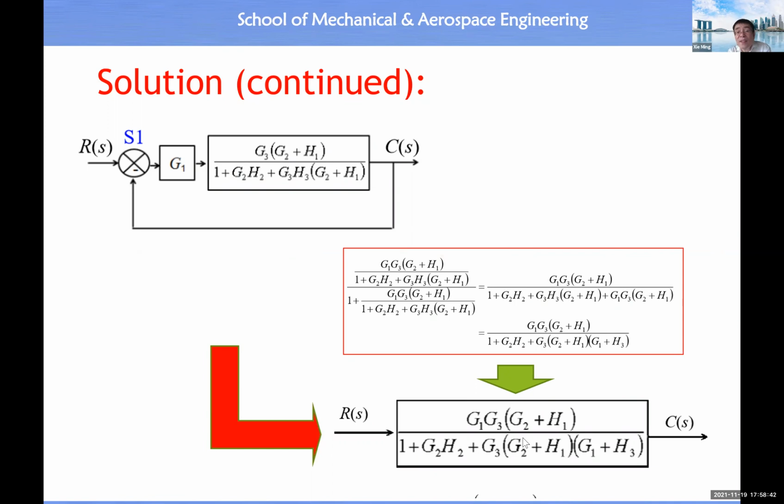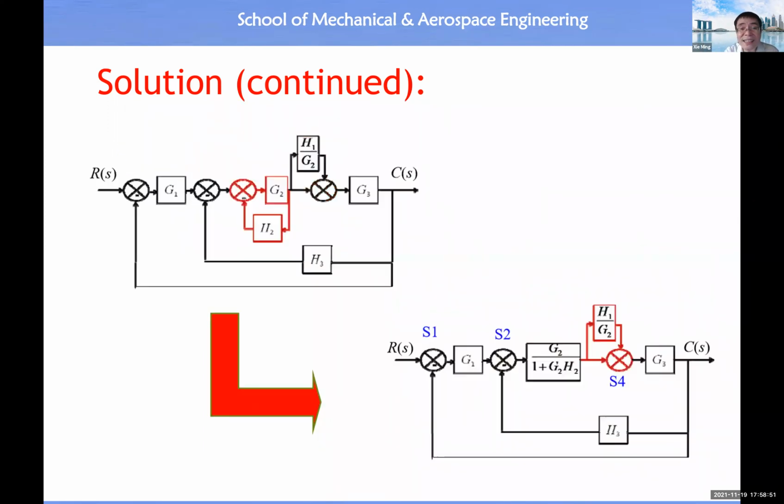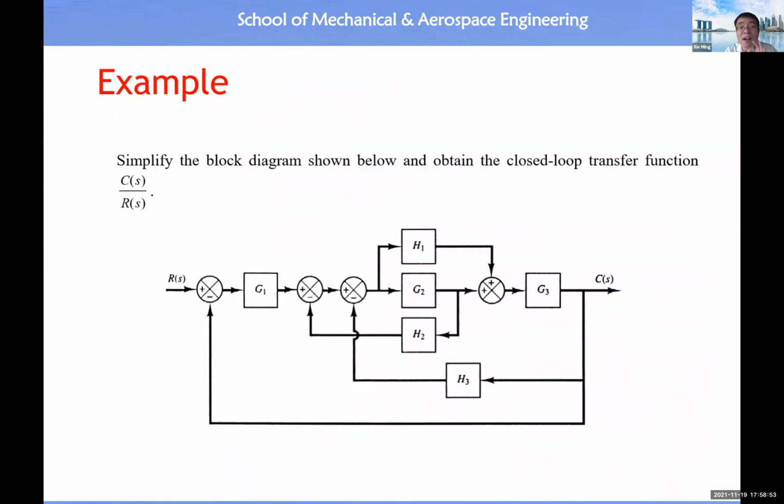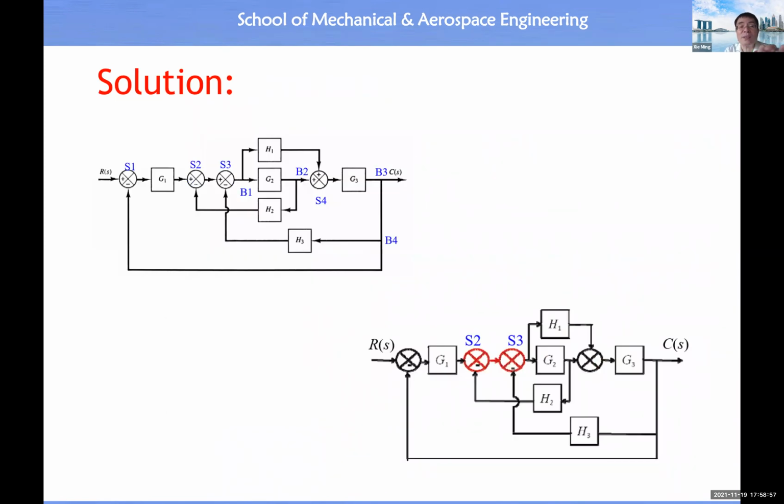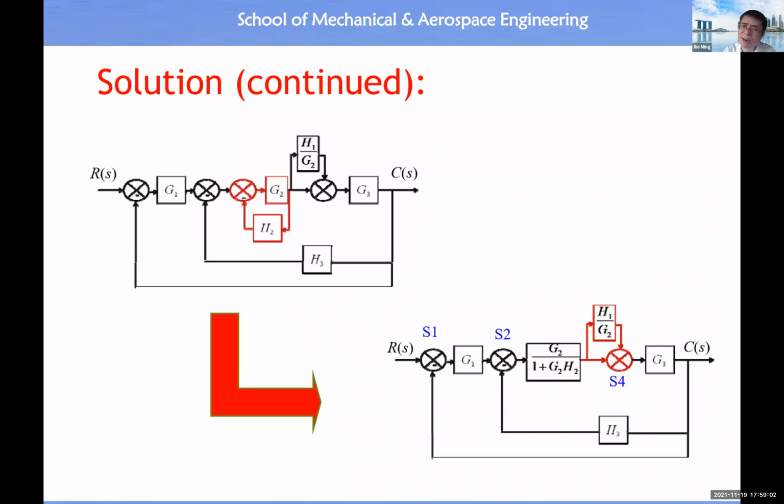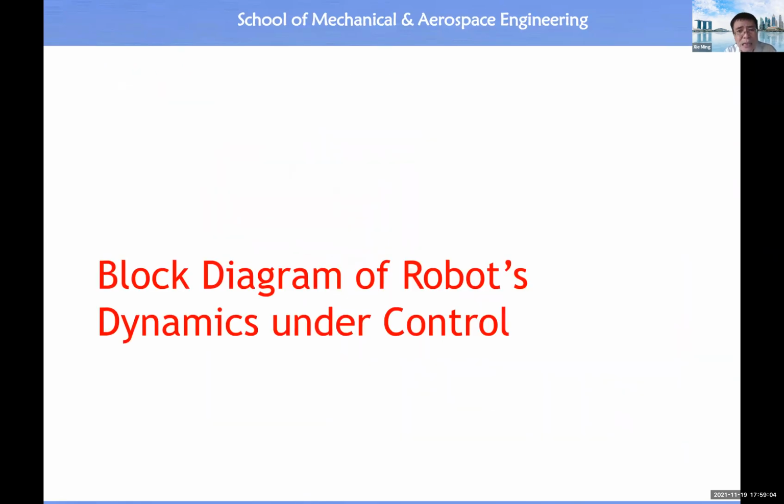You see, we never solve any equation. Then we obtain the final transfer function between C(s) and R(s). So it's magic. You see the beauty of making use of the block diagram. And this result is possible only with the use of the transfer function and the Laplace transform. All right. Now we try to apply all this benefit to help us understand our robot's inner control